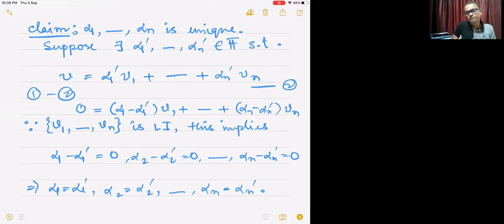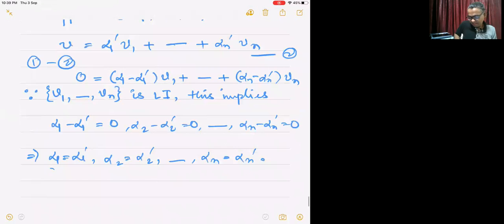So all the coefficients are in fact equal, right? They're not distinct. So it's the unique linear combination. So therefore this expression is unique,